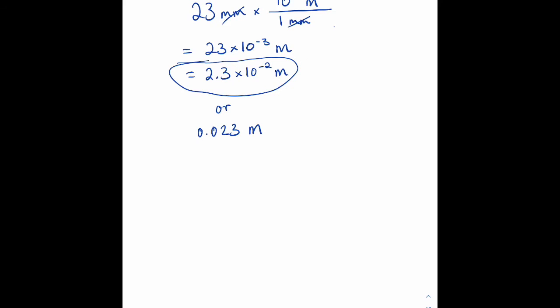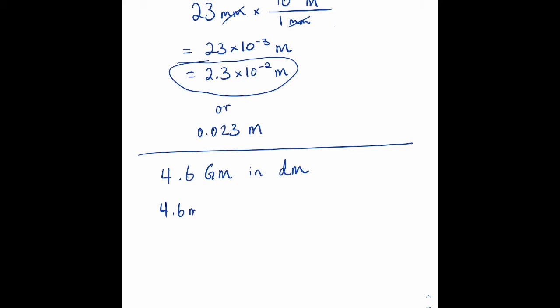So I'm going to say that I have 4.6 gigameters, and I want to put that into decimeters. I'm going to go through meters first, just because I know how each of these relates to meters. So 4.6 gigameters